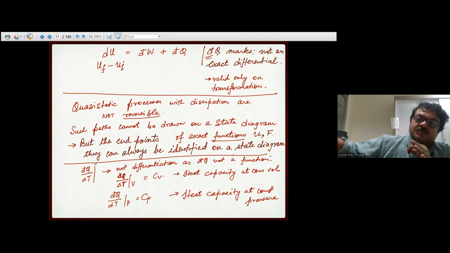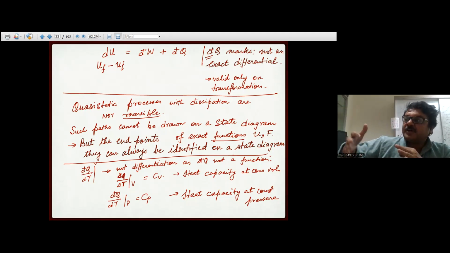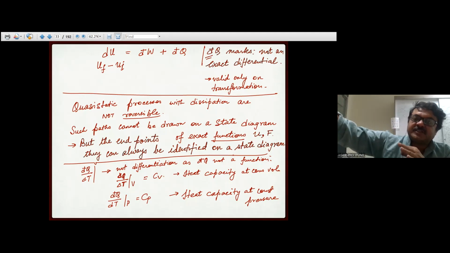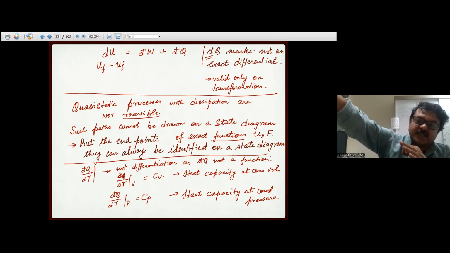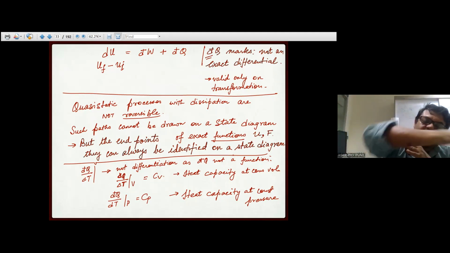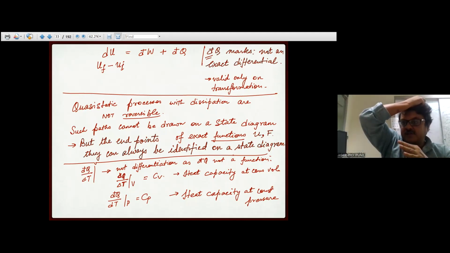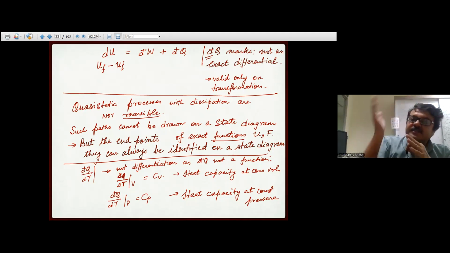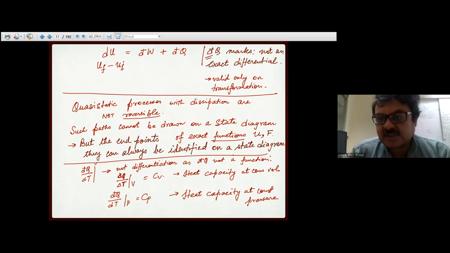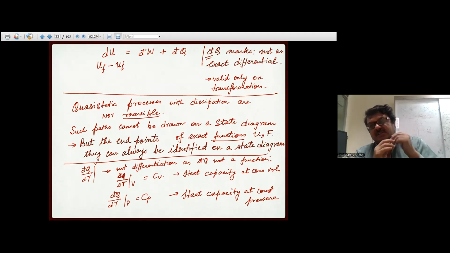Because if you suppose the system does some work, some of it pushes a piston and some of it is dissipated. Now, the same amount of work you do on it, there will be some friction again, and some of it will be converted into internal energy, assuming no heat exchange, right? And then it won't come back to its original state,